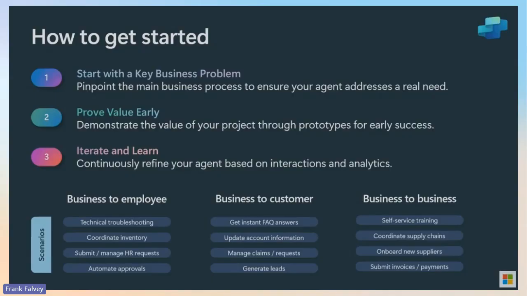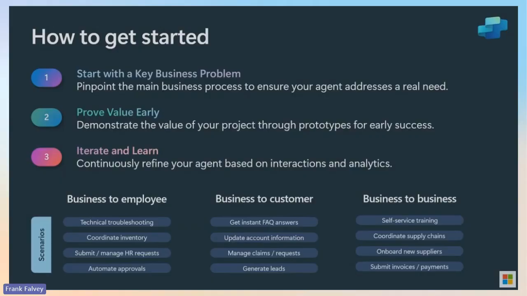And demonstrate the value of the project through prototypes and early successes. Iterate and learn, right? The stuff I'm going to show you is kind of stuff you get your company to look at first before you start doing any of these.